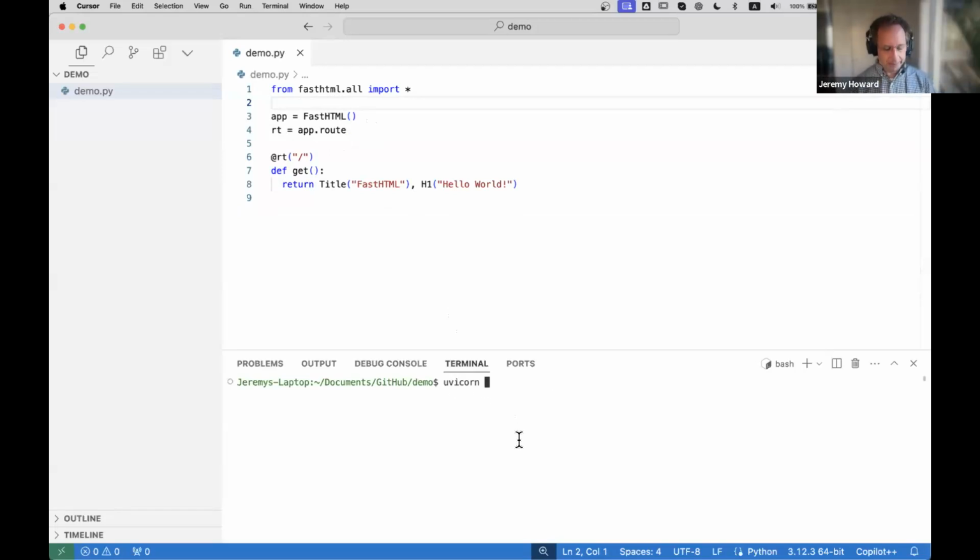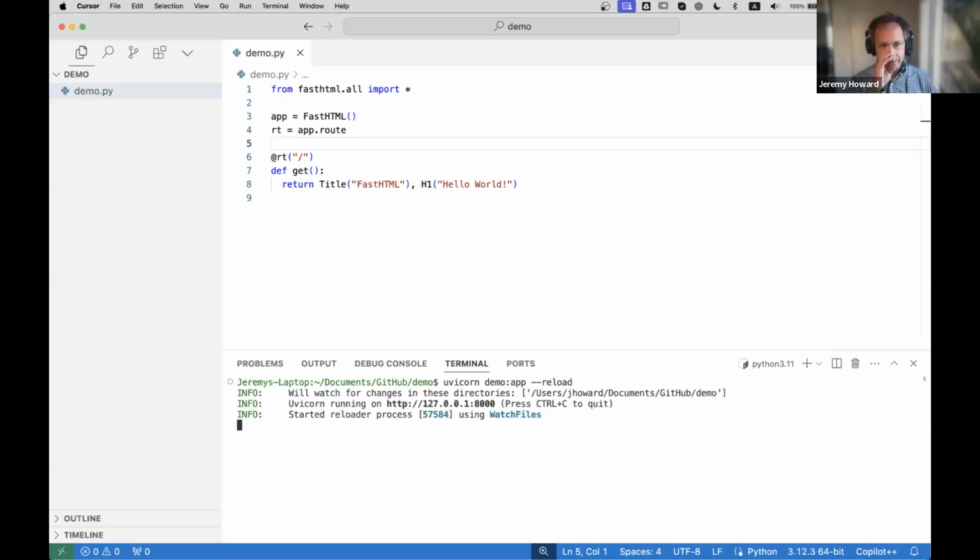You then type the name of the .py file that you're going to run. And then you type the name of the object which contains the FastHTML application. So you see you've got app equals FastHTML, so then you type app. uvicorn demo:app. And then something I like to add is --reload, which means if I make changes in the